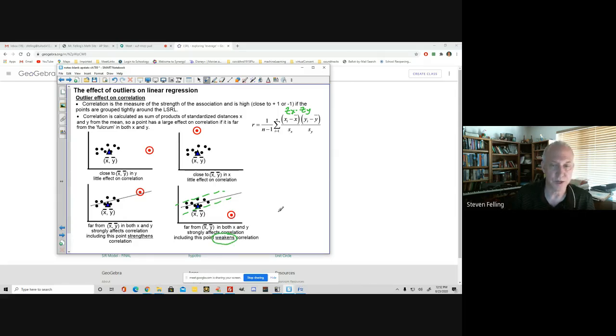So if this was a positive correlation, like let's do our number line for correlation, weakening the correlation means R is going to move closer to 0, because the points are on average further away from where the rest of the data is. On the other hand, if you have data over here, where most of the data is in this region, and you add another point there, then on average the data is now a little closer to the mean because there are more data points close. So this will strengthen the correlation,